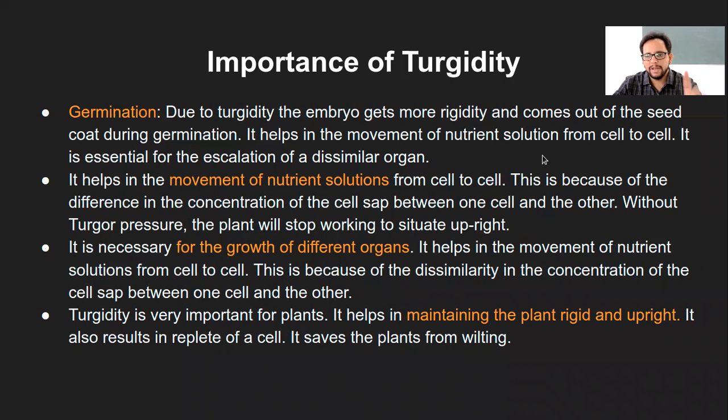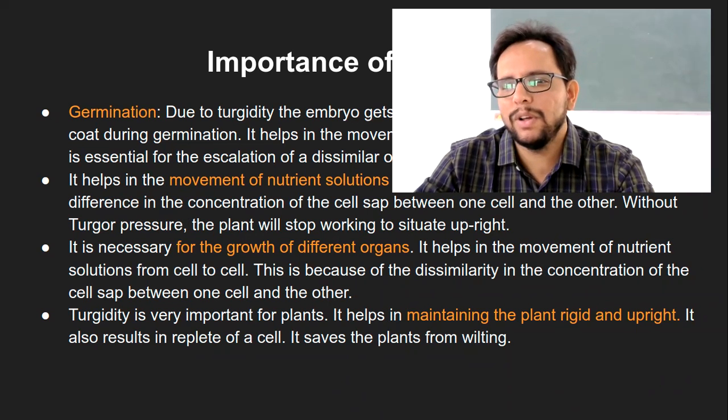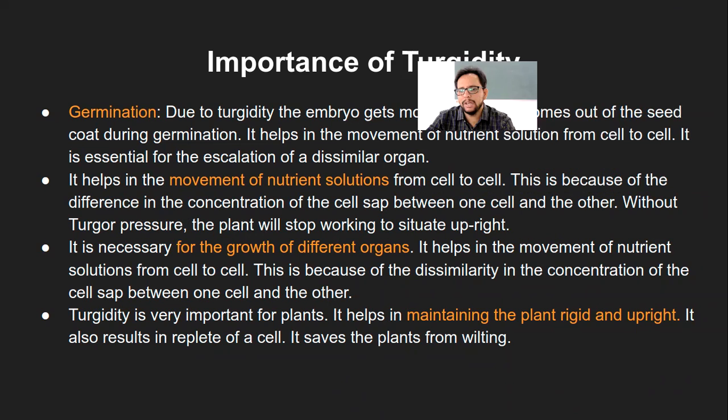Now the next point that we are going to start looking at is germination. How does the turgor pressure help in the germination process? Again a simple thing: whenever you soak a seed in water, then due to the process of imbibition, water is absorbed, and then more and more water is absorbed, and it finally leads to turgidity of the cell. First it is imbibition, that is only a surface phenomenon.